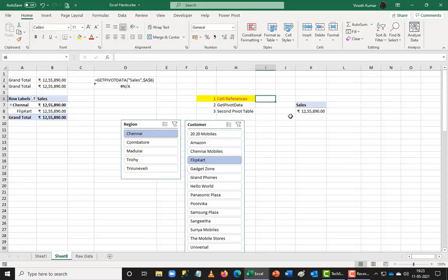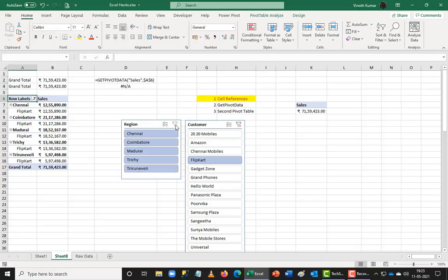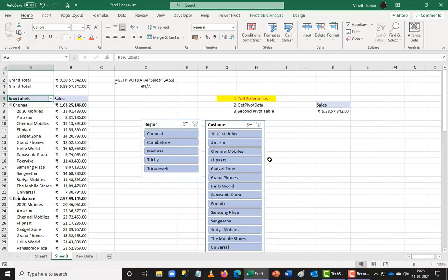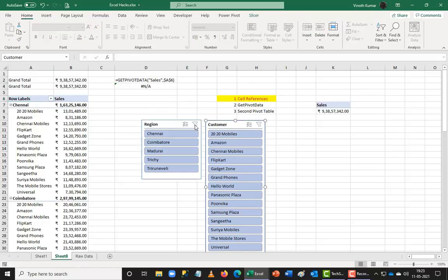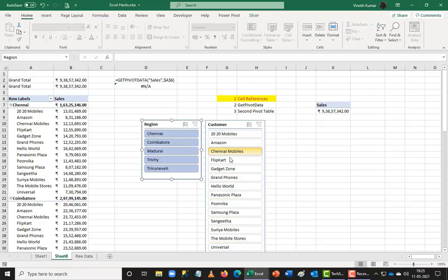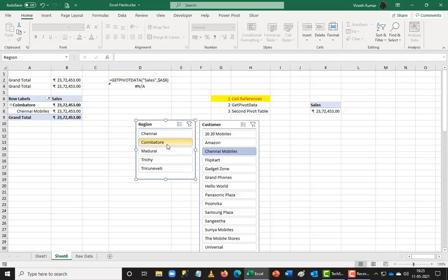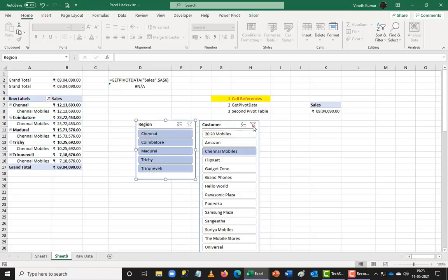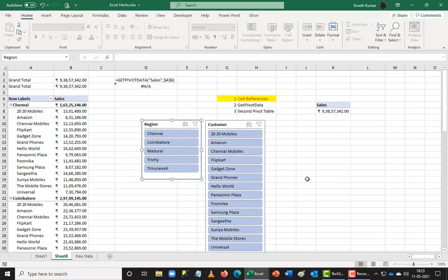Don't do that. Probably the second pivot table is another option, which didn't work when I tried to hack it once, but now it's working because I use the cell references here to get it done. So it is working well for me. So I think we can go for the second method and third method as a hack here to get our pivot table grand total on top of it.